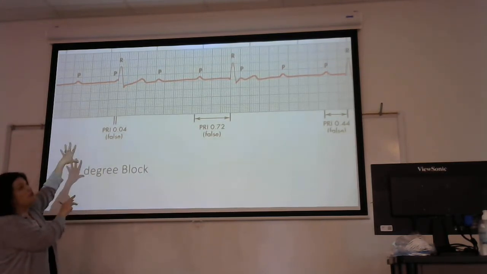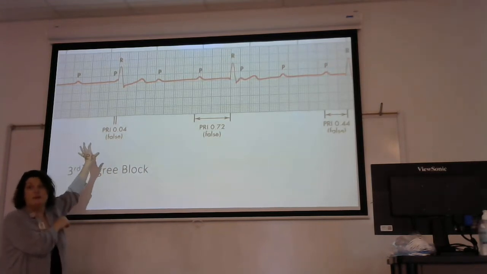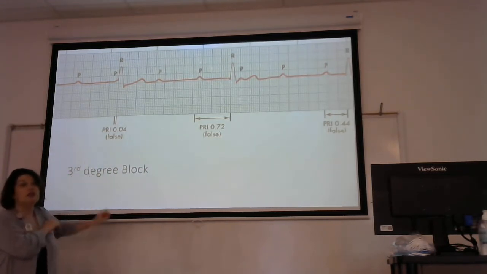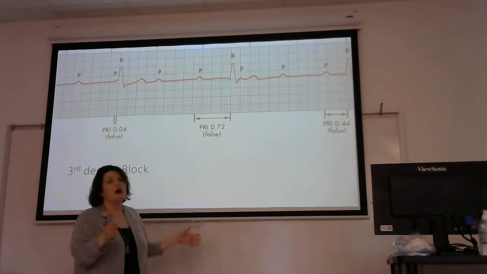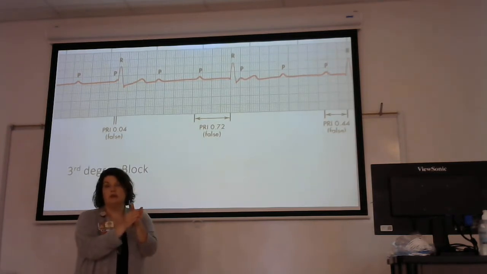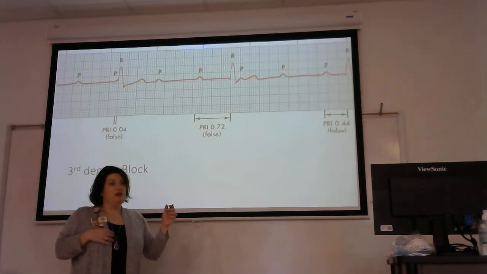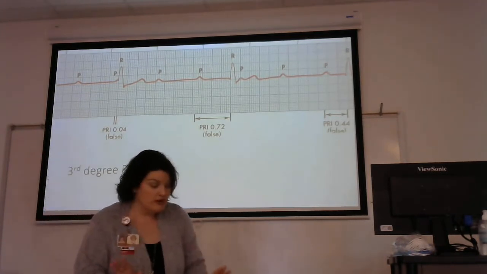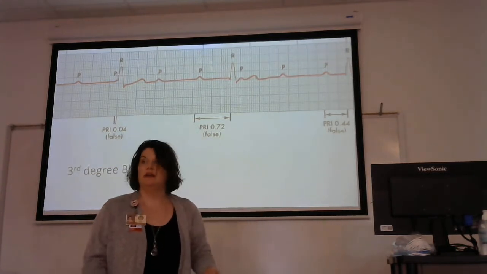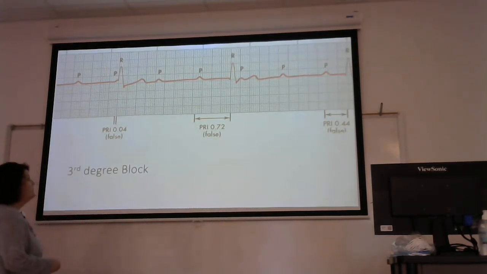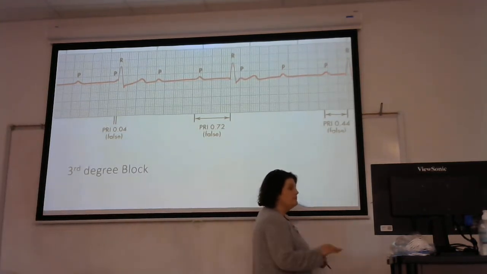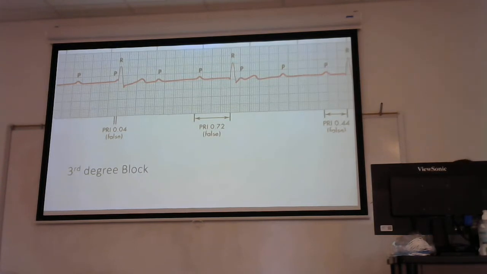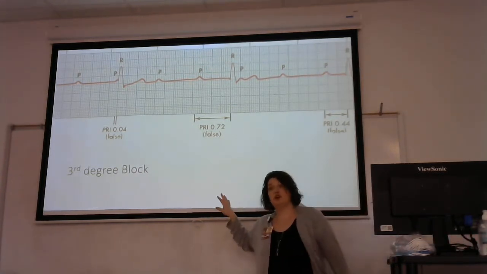So your atria is producing electrical activity. That's why you see things up there that look atrial in nature. And your ventricles are doing their thing, but they're not in coordination. So I always tell people, when you're looking at a strip and you can't figure out what it is, there's no rhyme or reason or pattern, that's third degree. You need to worry about third degree. If you hook a patient up to a monitor and something like this comes up and you can't figure out what it is,